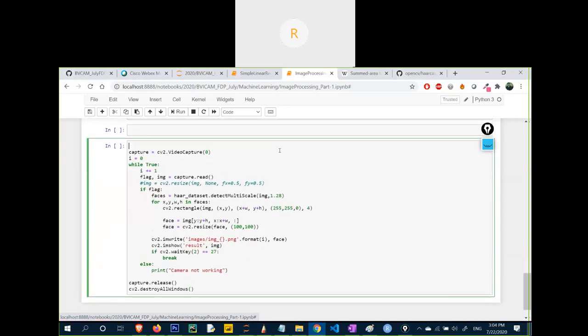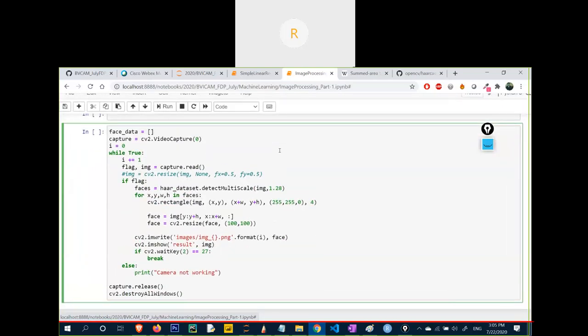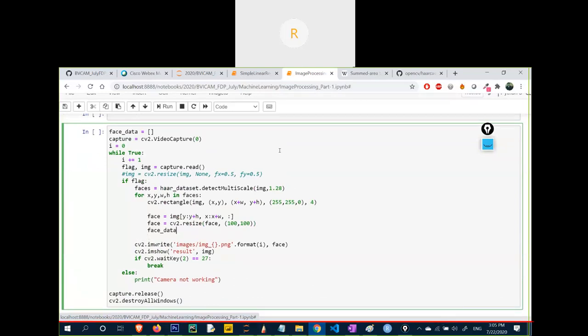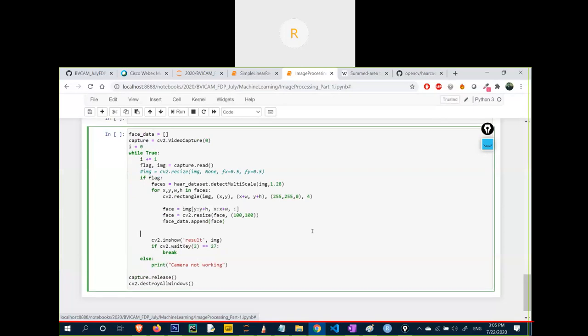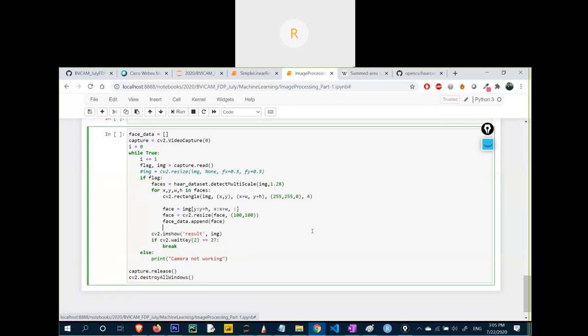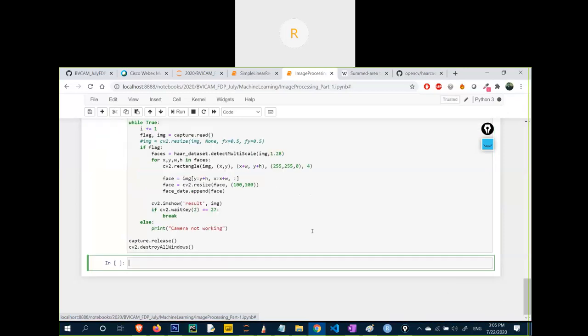Now this one is the final part, how to store the image array. Let's take a variable face data. I'm creating a list known as face data, and I want this face data to collect my facial features, collect the data of my face and store it in a list. So I will just write face underscore data dot append, and what I have to append, I have to append the face. That's it. Now I'm not going to save the faces. I will have one list, and this list will save my face data. Shift enter.